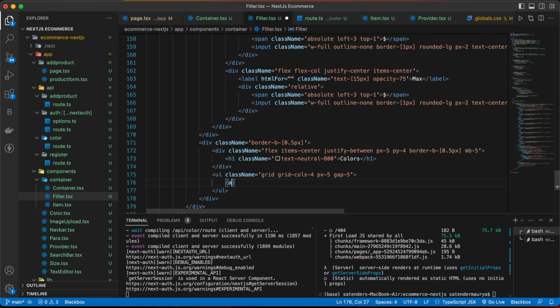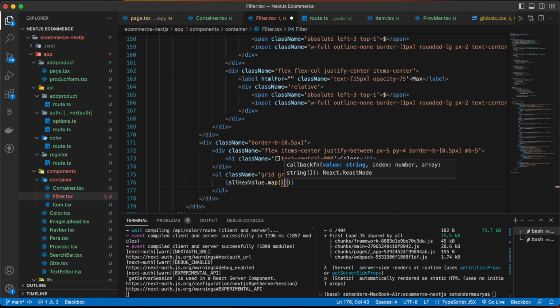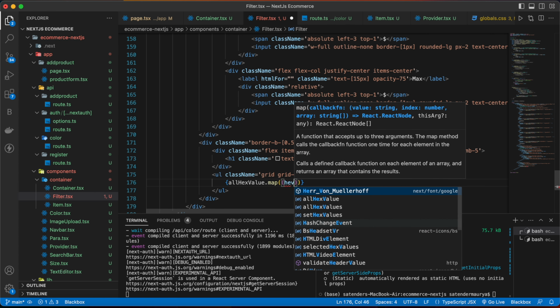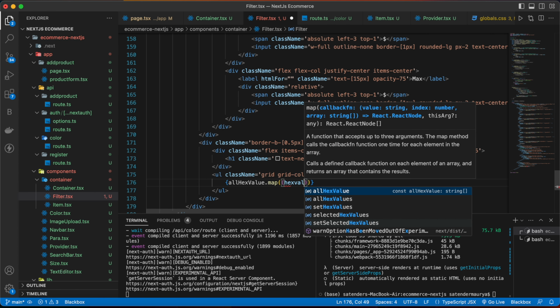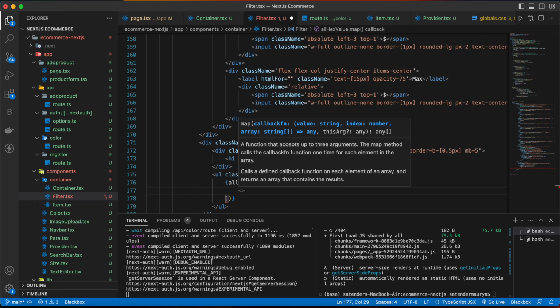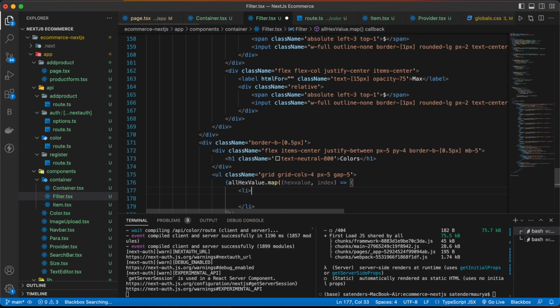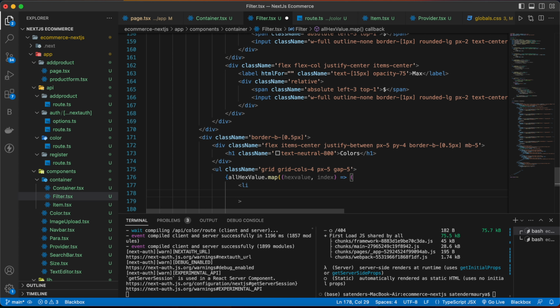Now we are going to map over all x value, so write allXValue.map, with value, then index, then small places, then li, and it will have a key which will be index, then className,